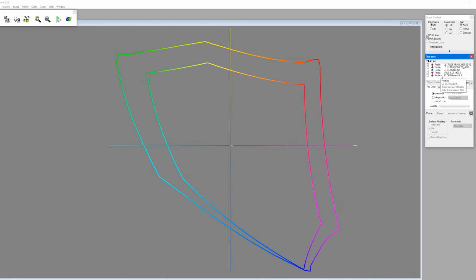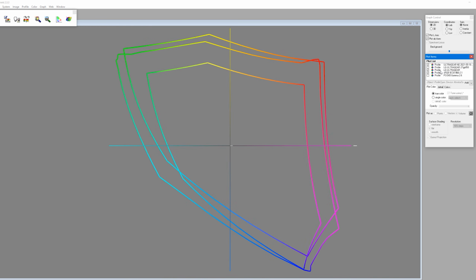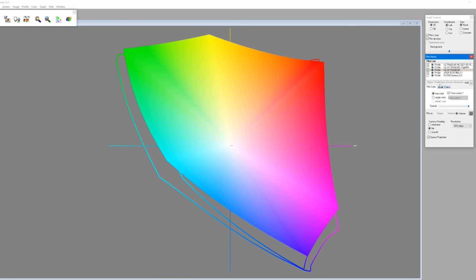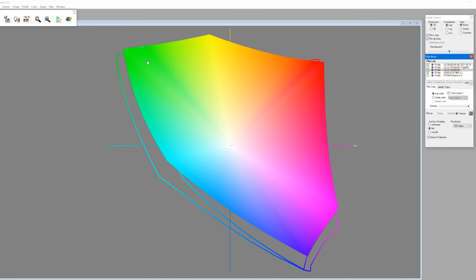So just showing mine again, here is the main point I want to make, because this is the profile downloaded from LG's website. If I toggle it on and off, you can see it's the one on the right. Yes, it is much bigger than sRGB, so it's probably going to be better to have installed than just the standard Windows sRGB color space, but for some reason, it really doesn't get all of the true color space of the monitor. In fact, it goes over some of the parts and cuts off a huge chunk of the green and blue, not just in the actual gamut, but even in the sRGB gamut.